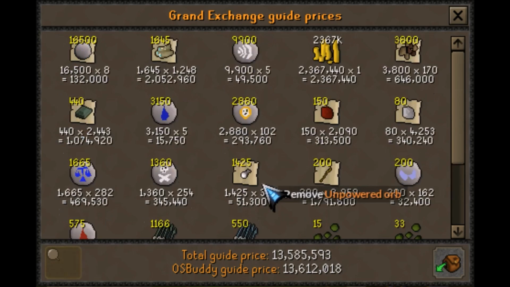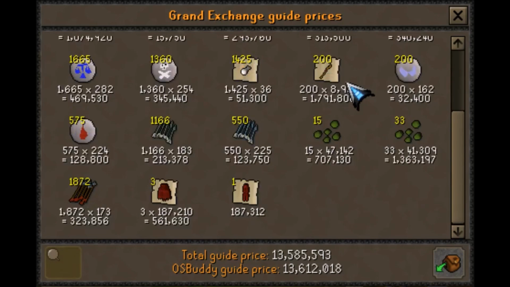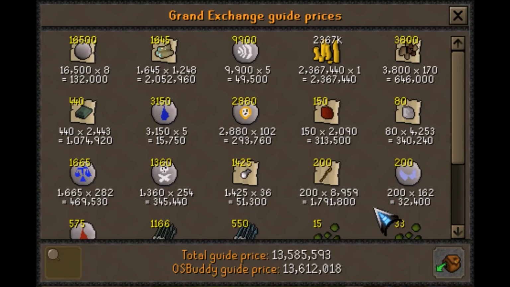So this is the actual price guide, as you can see. These actual coins did turn out to be 2.37644 mil, which consists of the alchables as well as the actual coin drops that the wyverns do drop. They drop 300 coins as a common drop, which can be kind of annoying, but it adds up in the end. So if you wanted to see this, here is the actual price check,